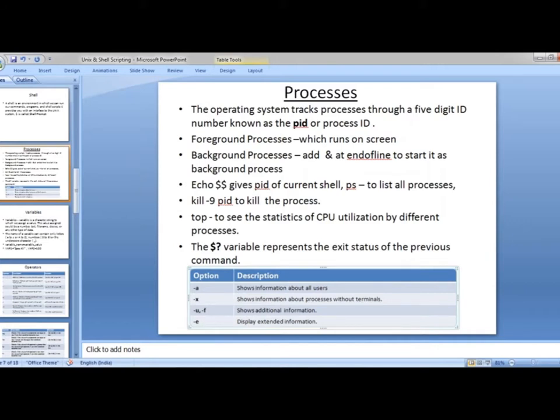Echo $? represents the status of the previous command.